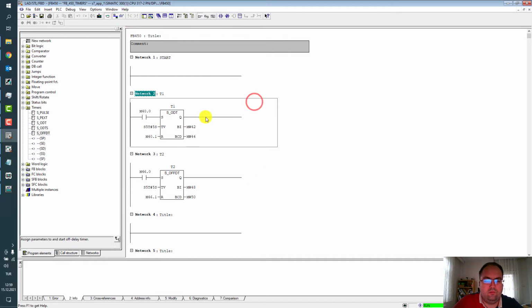And sometimes you need to enter here some variable. The operator may enter it on the HMI, and you need to add some limitations and convert the type from integer or real to S5 time format. And sometimes you need to use the output remaining time inside the binary coded decimal value.